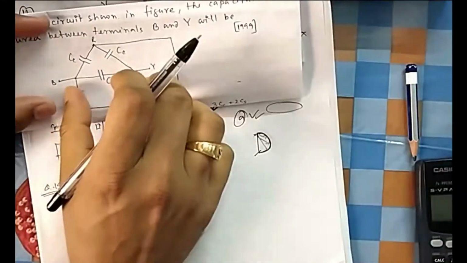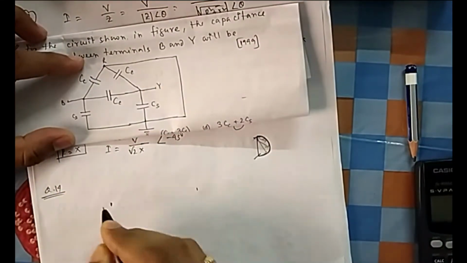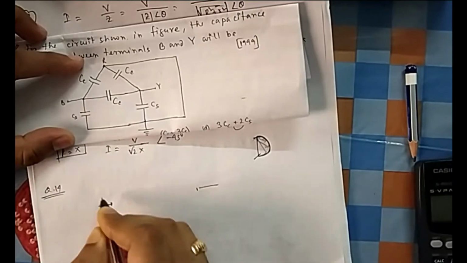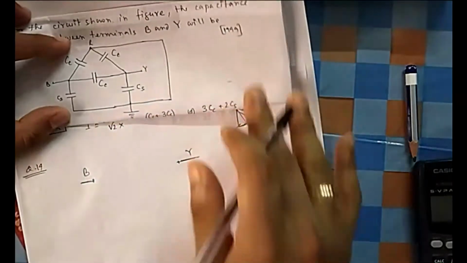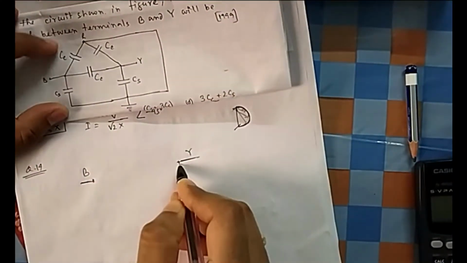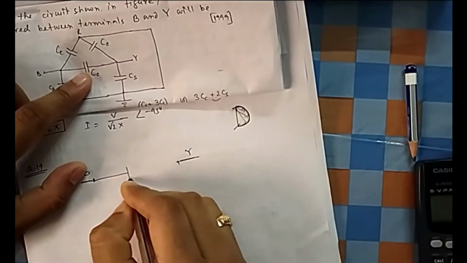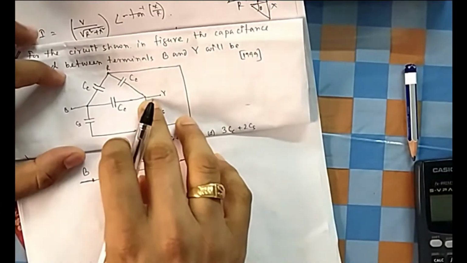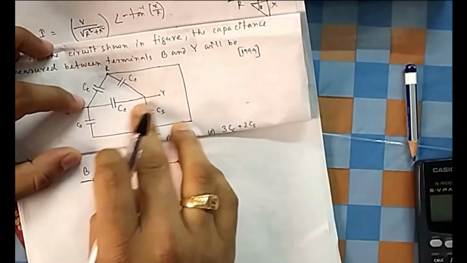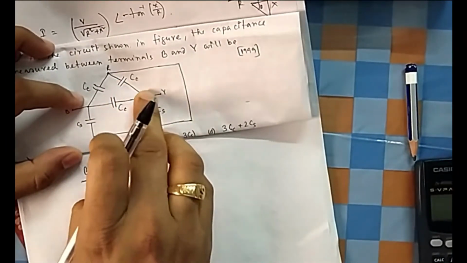Between B and Y, you have a point R also. So whenever you get this type of typical circuit, you draw it one more time with simplification. Now you have a B, you have a Y. So you draw one by one. First this capacitor, let me draw. This capacitor is connected directly between B and Y. And this is C. Is there any other capacitance which is directly connected from B to Y? No, because this capacitor is connected via R. This capacitance is also connected via R.